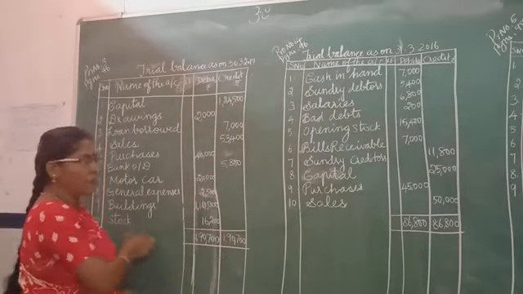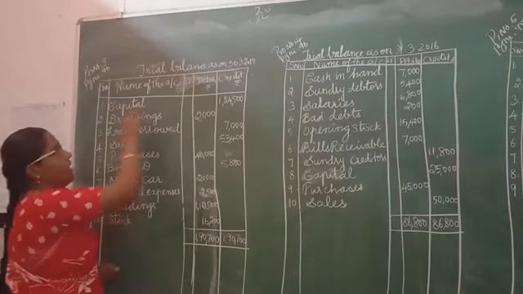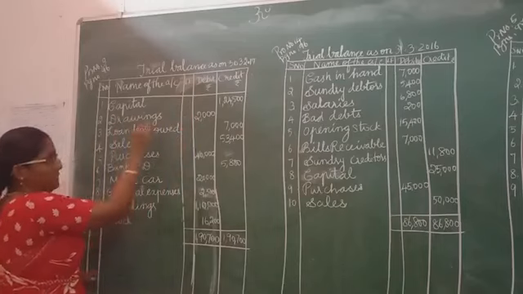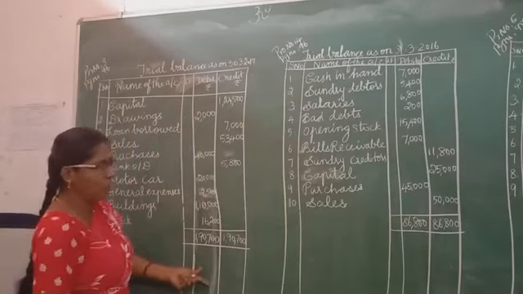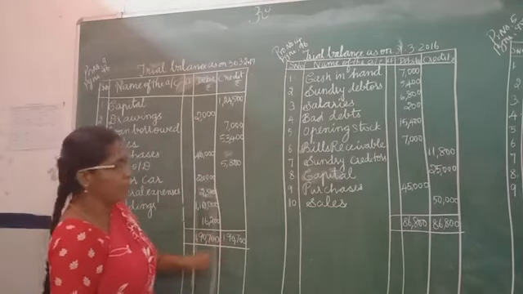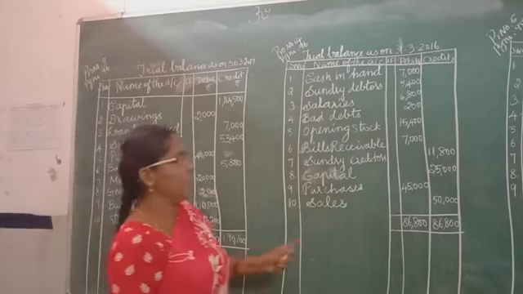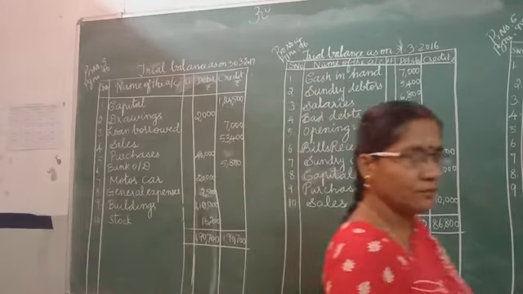So what you have to do? Go through the sum. If it belongs to the credit side, write it in the credit side; if it belongs to debit, write it in the debit side. Then put the total, and both totals will be equal, so it is correct. If both sides tally, your sum will be correct. Then next we can move on to problem number 4.